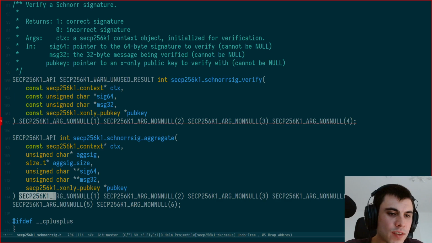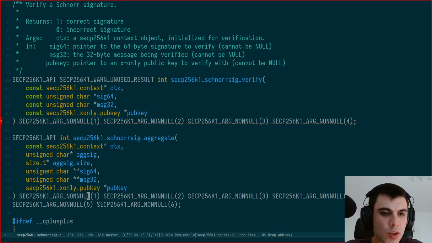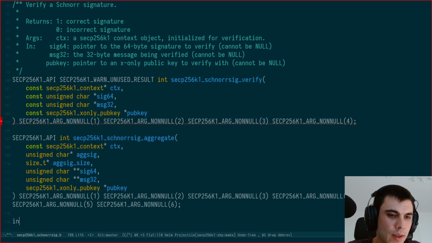Yeah, and in the meantime, somewhat similar, there are also these macros here, which will warn you as a developer if you provide a null argument at any of those argument positions. The index starts at 1 here. So this is actually for the context. And none of these arguments are allowed to be null. That's what essentially I'm trying to say here. And they are all pointers, yeah. Indeed. Okay, so now we can create our